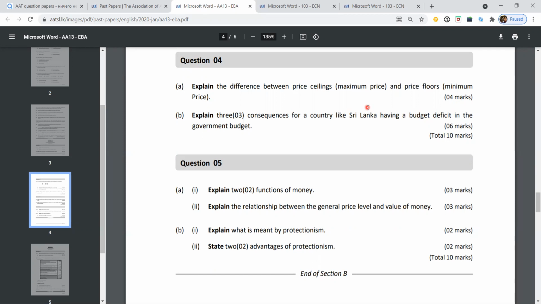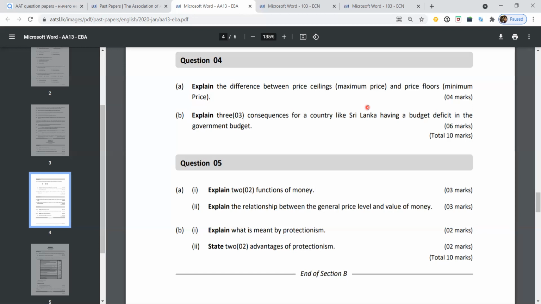Also, you continue: price ceiling is set by the government below the equilibrium price of a good in order to protect consumers. First up. Then the